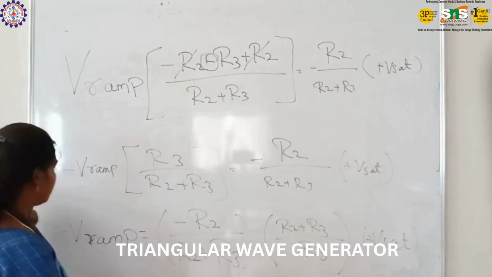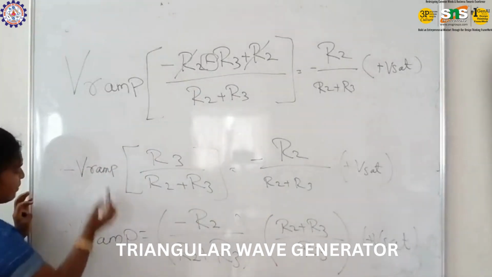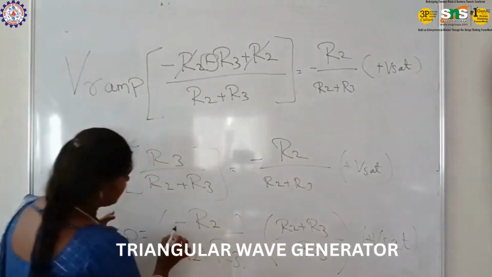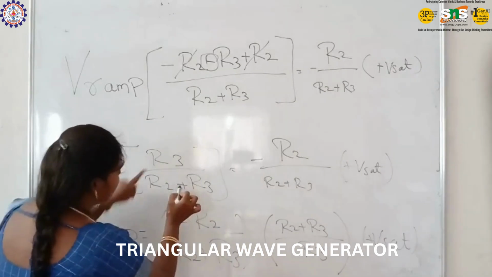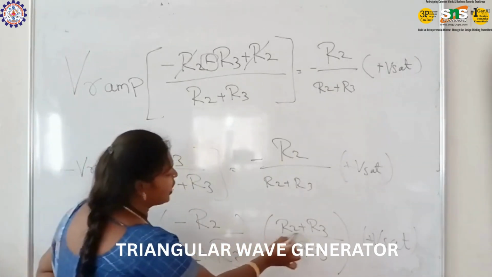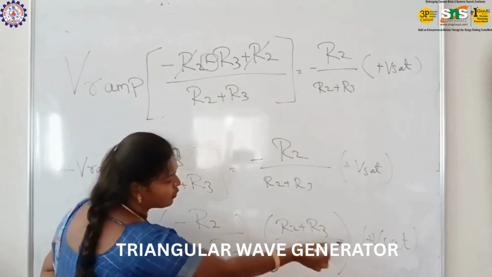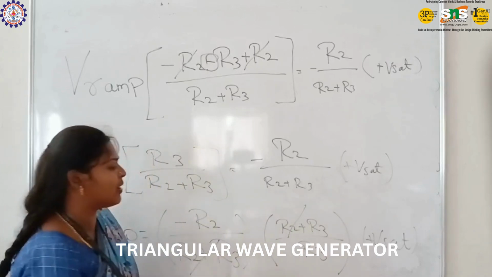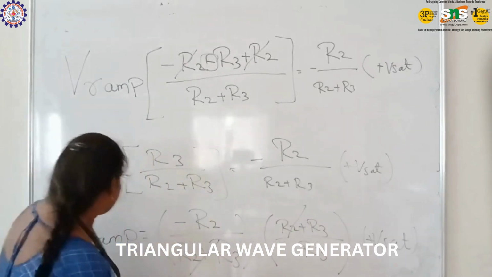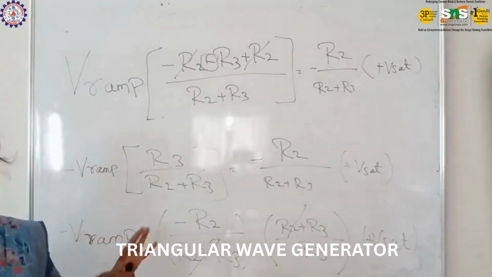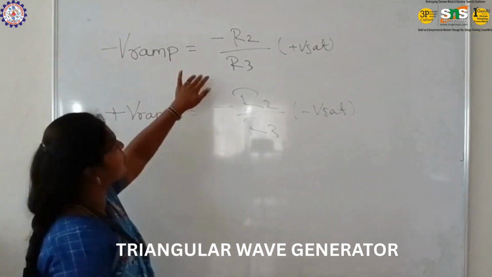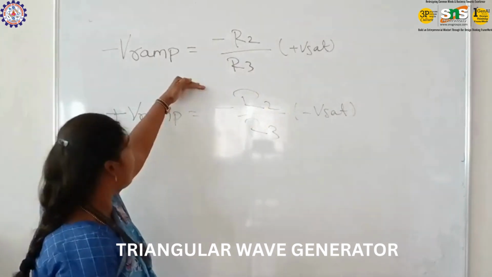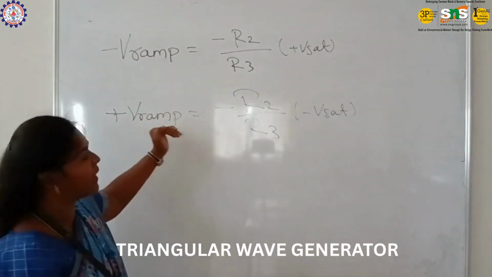Now we will find the minus Vramp signal. So minus Vramp equals minus R2 by R2 plus R3, multiplied by R2 plus R3 by R3, into plus V saturation. In this condition, this R2 plus R3 and this R2 plus R3 will be cancelled. So after the cancellation, minus Vramp equals minus R2 by R3 into plus V saturation. Same as this, plus Vramp